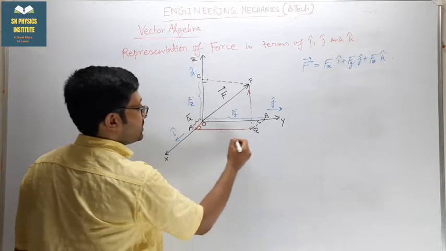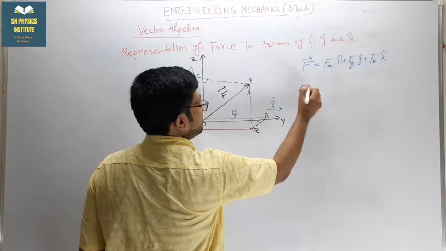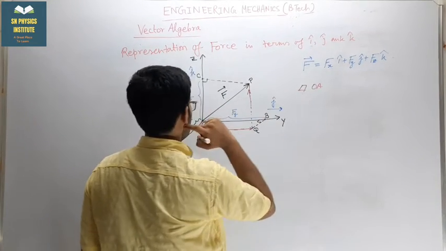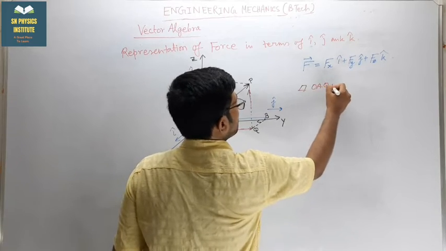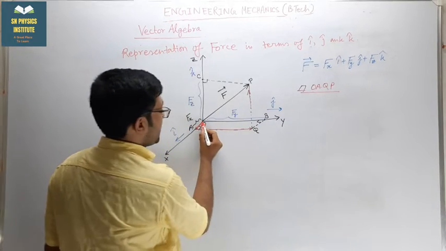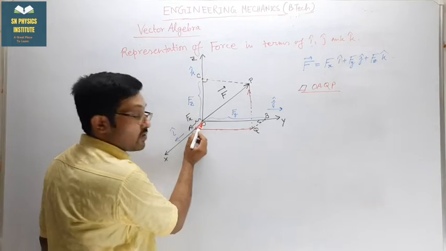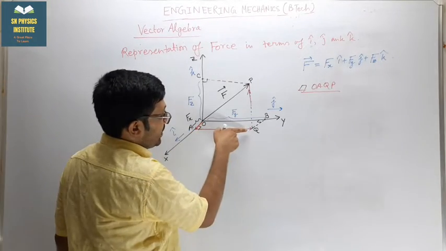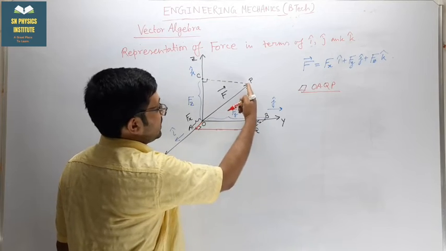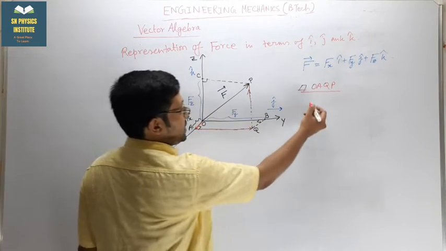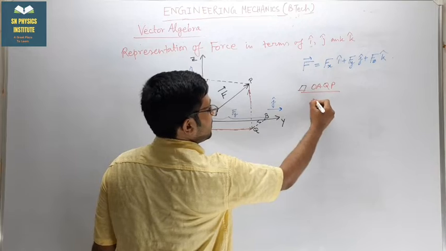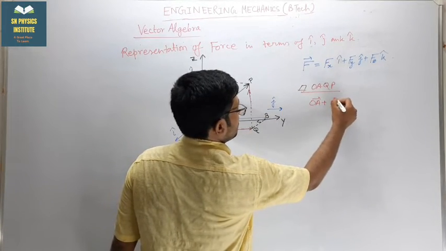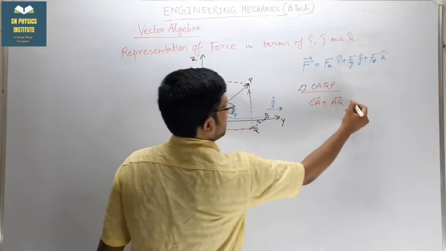If I consider the quadrilateral OAQP, then applying the polygon law, step by step, OA vector plus AQ vector plus QP vector